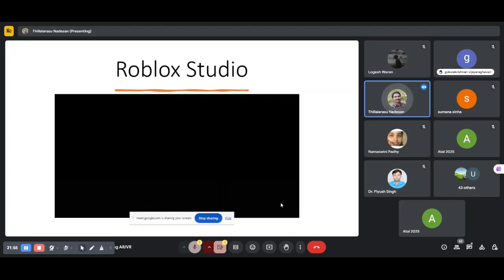Here, you can also go directly to roblox.com/create. It is a web-based application. You can go and create. If you want to start creating in Roblox Studio, you're supposed to go to the Create button. A pop-up dialog will be displayed, and you're supposed to click the Download Studio button. Then you'll find the Studio installed. Once you download it, you're supposed to double-click it, and once everything is installed, finally you will get it.